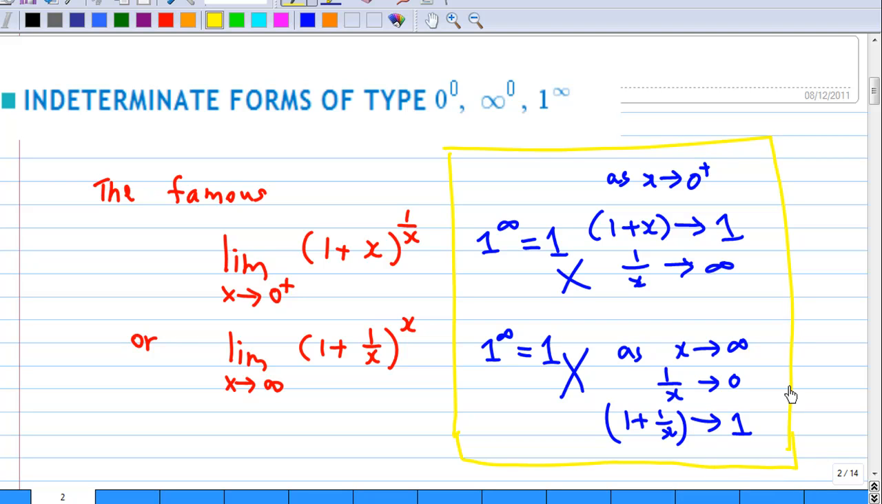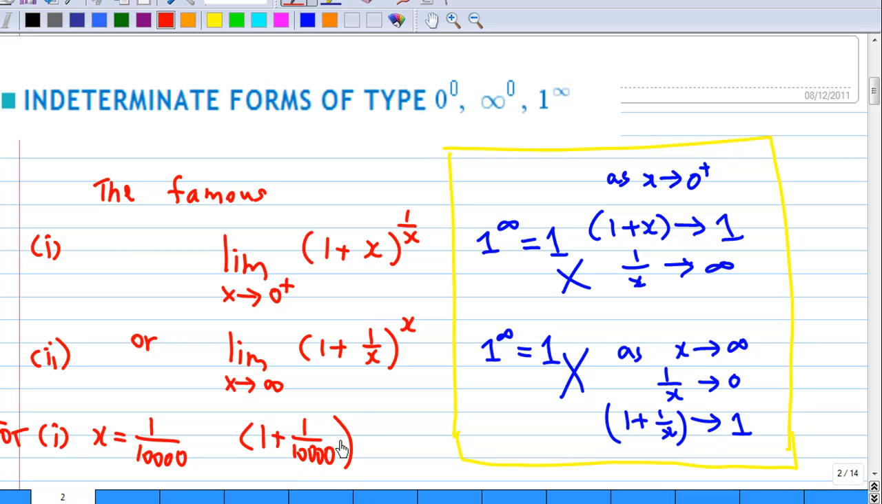Now let's look at what the actual answer is when x approaches 0, and look at (1 plus x) power 1 over x. So I'm going to take a very small number. For example, for the first example, let's say x is a very small number, let's say 1 over 10,000. Then what is actually (1 plus 1 over 10,000) raised to the power 1 over x, which is 10,000, equal to,